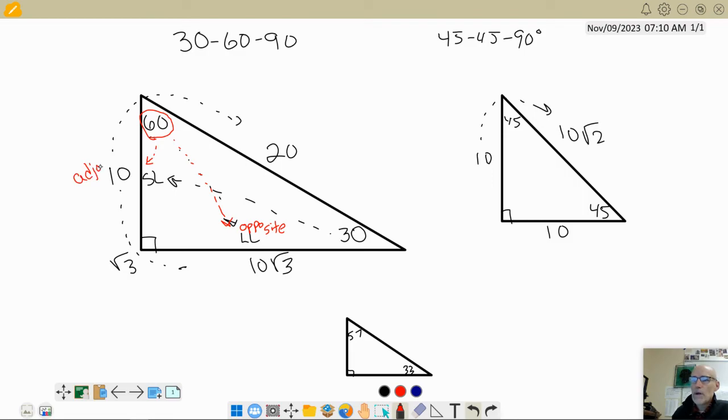So this one right over here is the adjacent leg. Now, adjacent to what? It's adjacent to the 60-degree angle that I'm focused on, all right? So let's put that down, adjacent to 60-degree angle, all right? And then this one's the opposite from the 60-degree angle. Now, in the future, we're going to leave off all that extra wordage from 60-degree angle, and we're just going to say opposite and adjacent. And I'm going to refer to the 60-degree angle in a certain way,